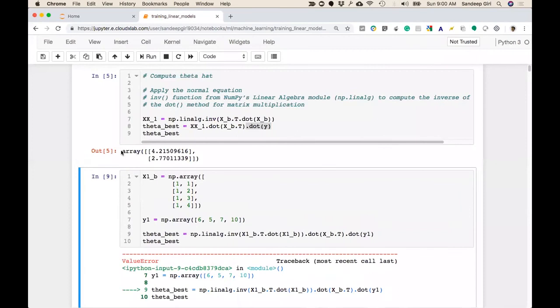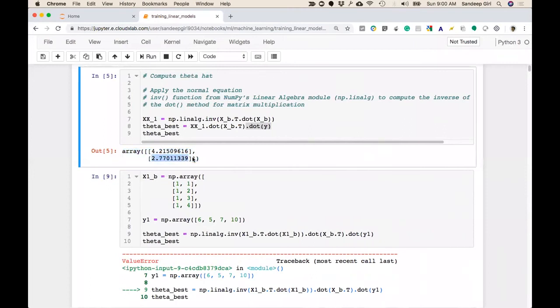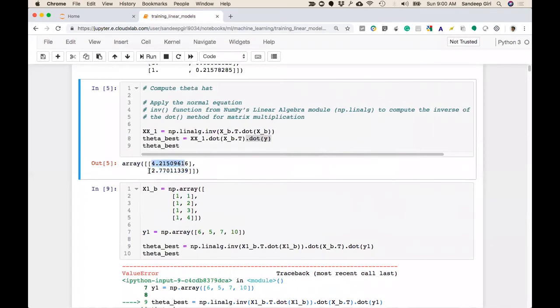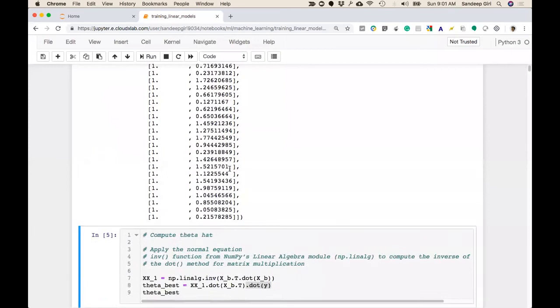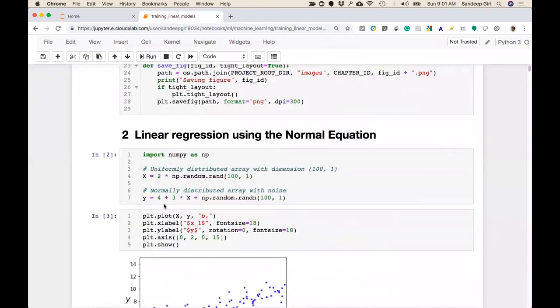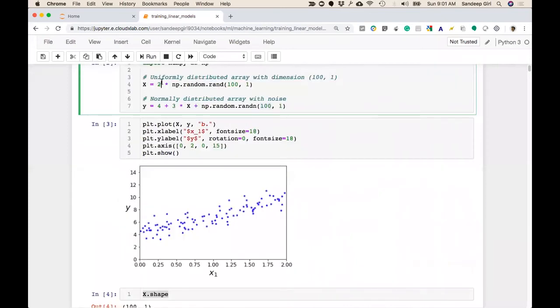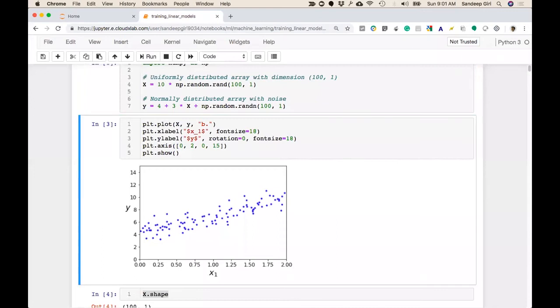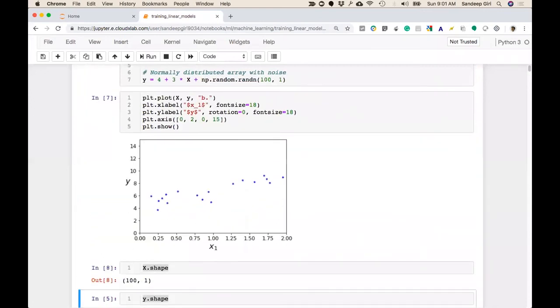Now you can see that the line it has come up with is 4.2 and 2.7. The theta naught is 4.2 and the slope is 2.7. This is not exactly, but similar to what we started with, 4 plus 3. Instead of 4, it's saying 4.2, and instead of 3, it's saying 2.77. So it is able to approximate the line that's going to fit through this data. If this value was 10 times than this, then you can see this will have a far more